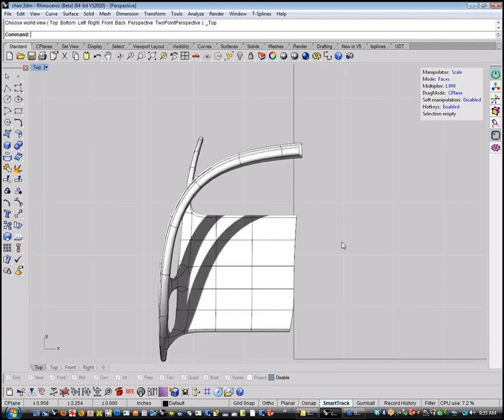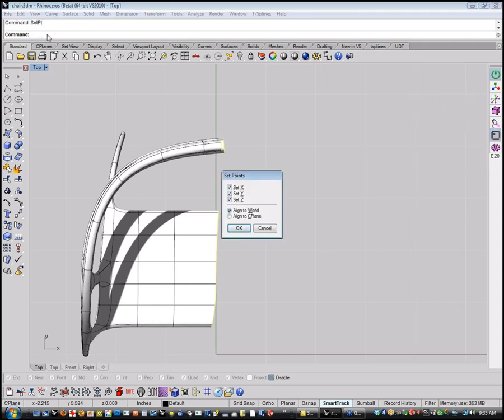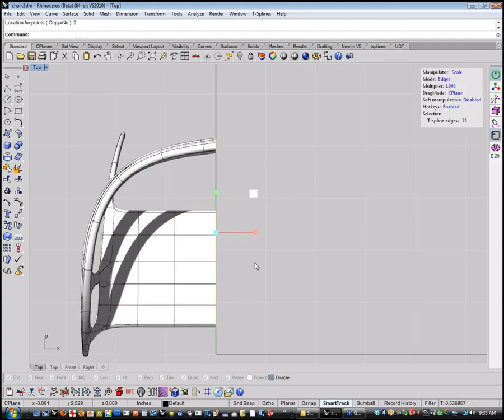And if I look at this from the top view, you'll notice that none of this stuff is lined up. So I'm just going to pick these edges. I'm going to hit the L key, which is the loop select, and that's going to make sure that I pick all of the edges that are aligned there. And then I'm going to use a Rhino command, and if I hover over the command line, it temporarily disables the T-Splines hotkeys. And I'm just going to run the Rhino set point command. And I want to set those in the X, so I'm going to shut these two off. And I'm going to type 0 so that I know that those are locked in to the origin. Go back to my T-Splines